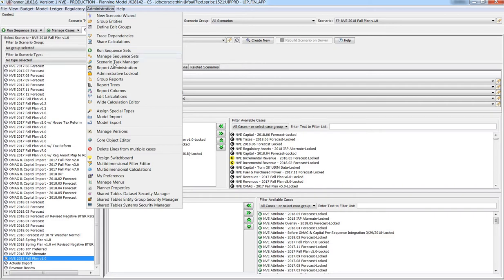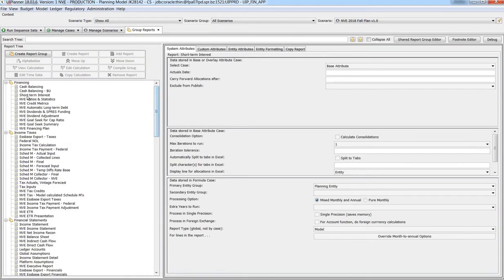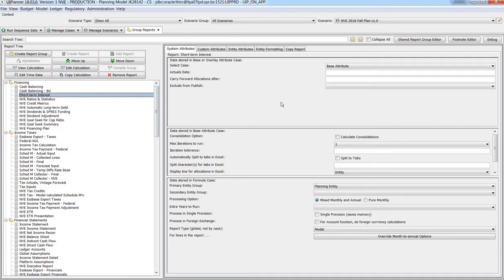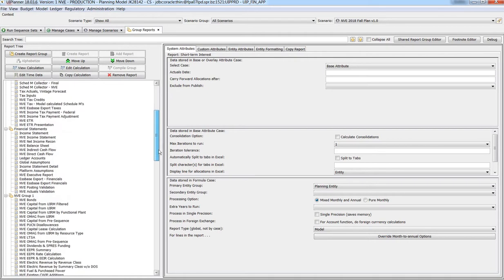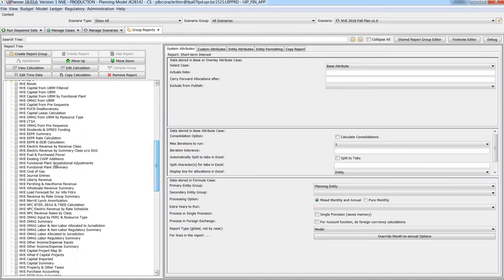Now, we have all these other ones here in this section. A lot of them, again, you probably won't be using. The main ones are the run sequence sets, the trace dependencies, group reports. The good thing about group reports here is that it allows you to see some information about that particular report. Like, for example, if we scroll down here and go to a report called fuel and purchase power,